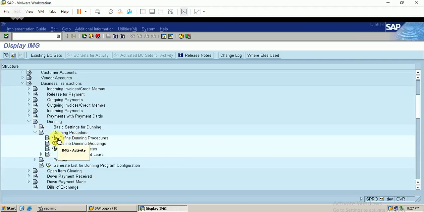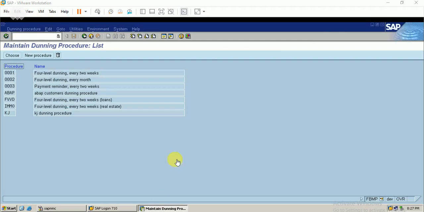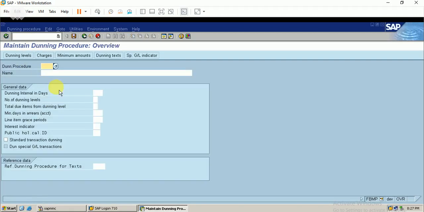Define dunning procedures. We will define a procedure, just execute it. Here I go with the new procedure. I name it after my company code.